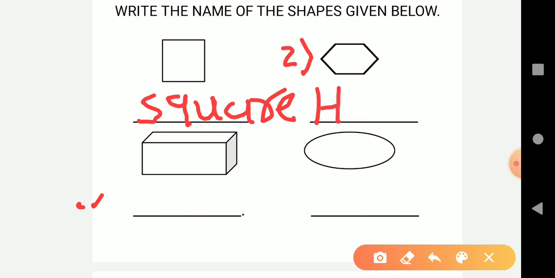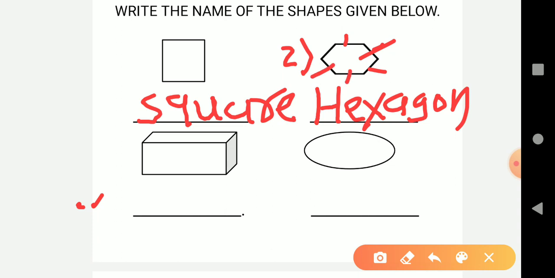H E X A G O N. Hexagon, because it has 1, 2, 3, 4, 5 and 6 sides. That's why this shape is hexagon. Understood? Yes. Now my third shape is,